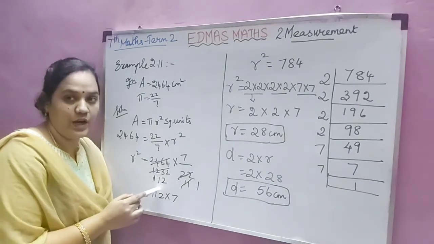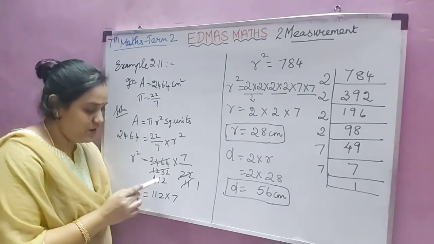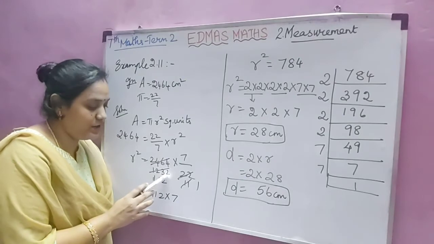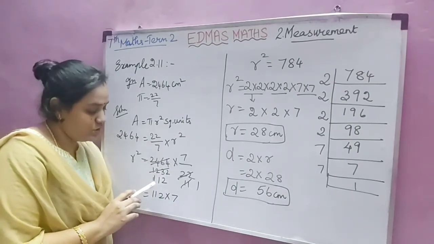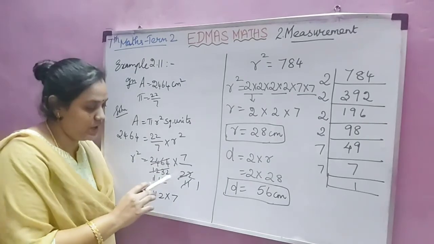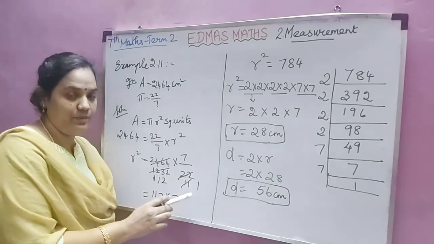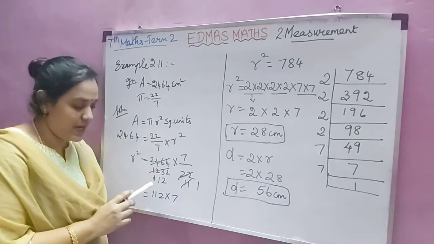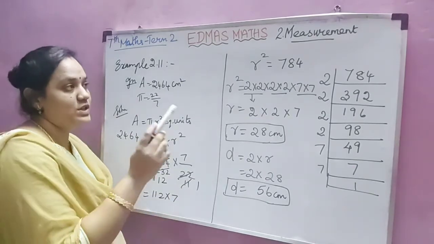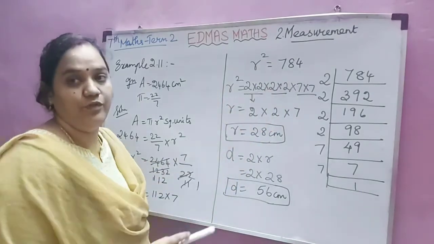Again I can write 1 11s are 11. So balance is 2, so here it will become 22. 22 means 2 11s are 22. So we can cancel these two numbers. So I cancelled using the 11 table, here 1 and here 112. So now the remaining numbers are 112 into 7. After multiplying I got 784.